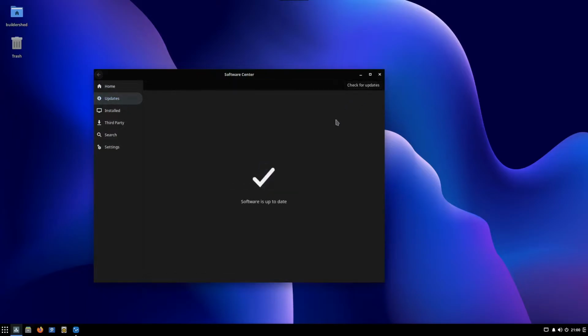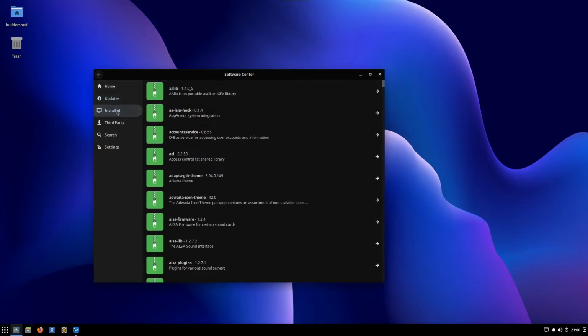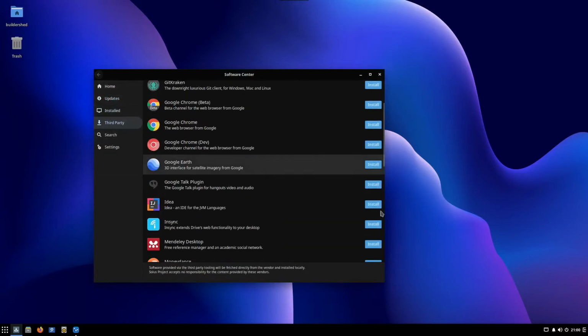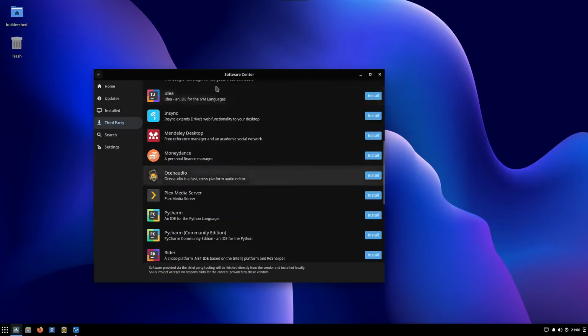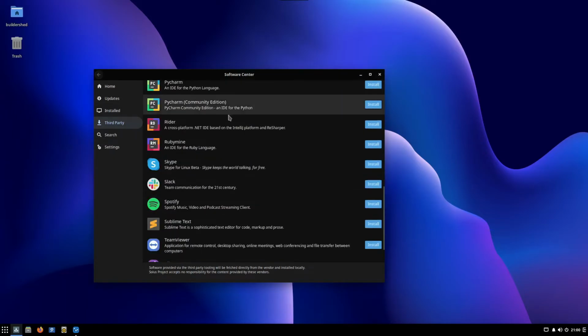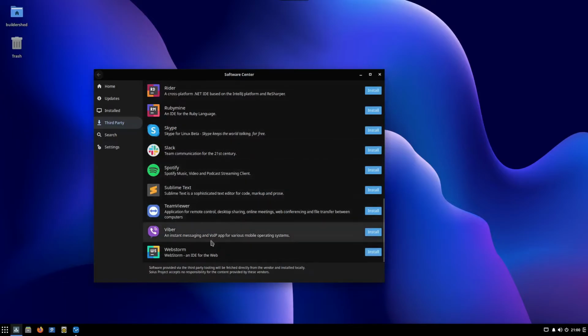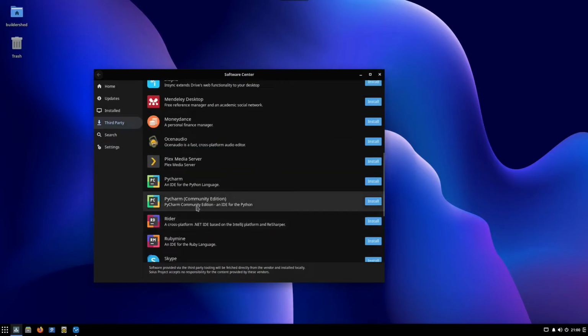Now here you can check updates and install updates. These are like for system updates. You got the installed stuff. Install some third-party stuff. So from here, I'm gonna install